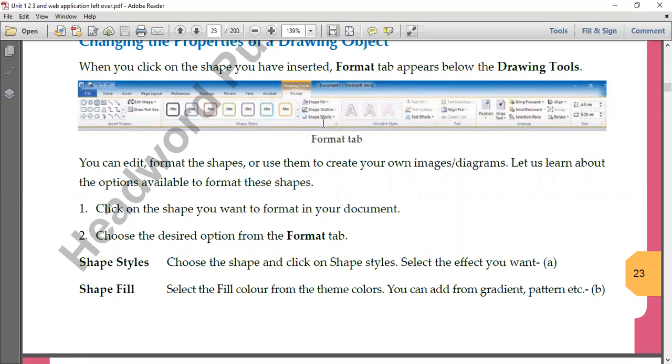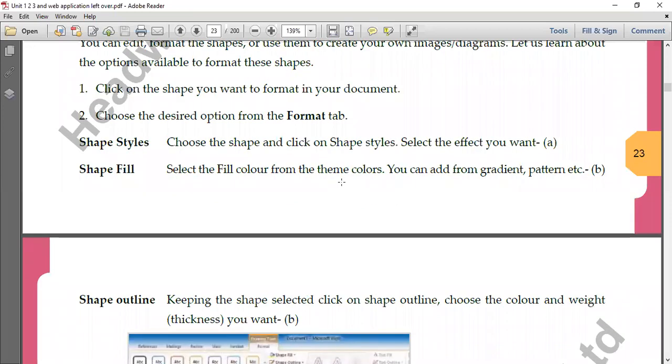Then there's an option called Shape Outline. From there we can change the color of the outline, the border line of the shape. And then again we have Shape Effects, like picture effects, reflection and all. Such kinds of effects can also be added, right?